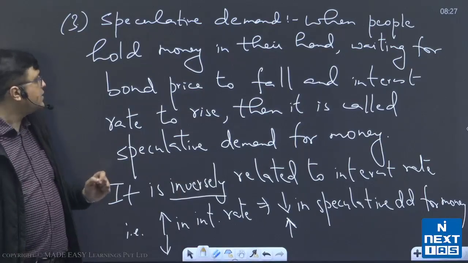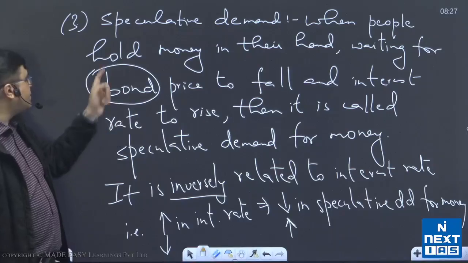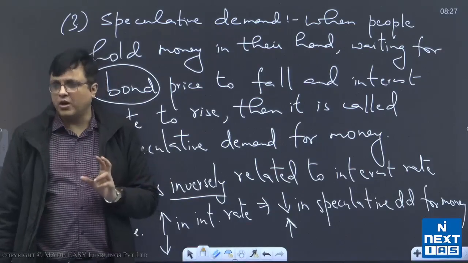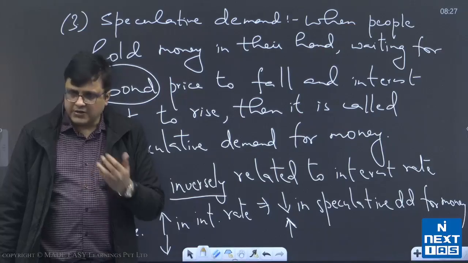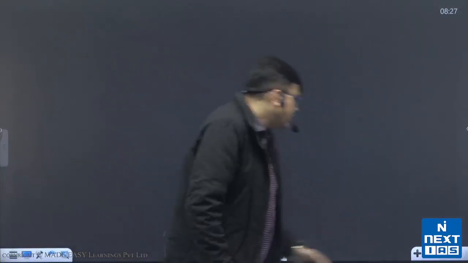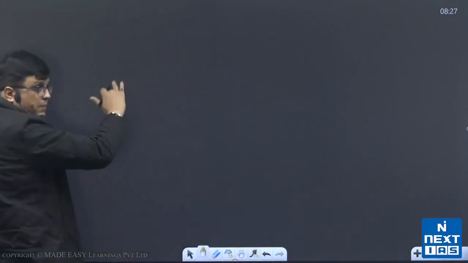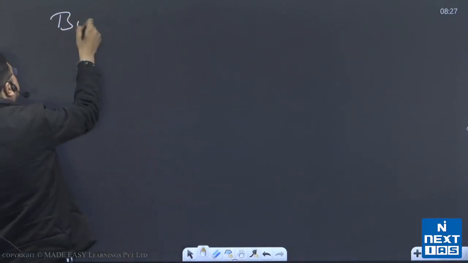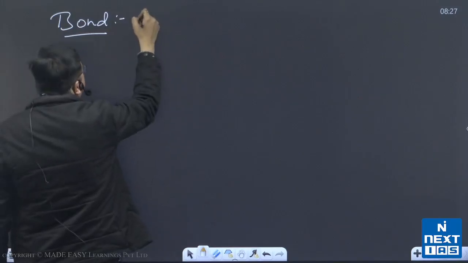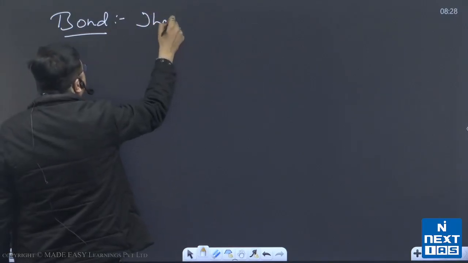So I used a term waiting for bond price to fall. So what do we imply when we use this word bond? All right, I said waiting for bond price to fall. So when we go into that, I'll go back to the previous slide, but I need you to know a few things first. So when we say bond, we say that they are